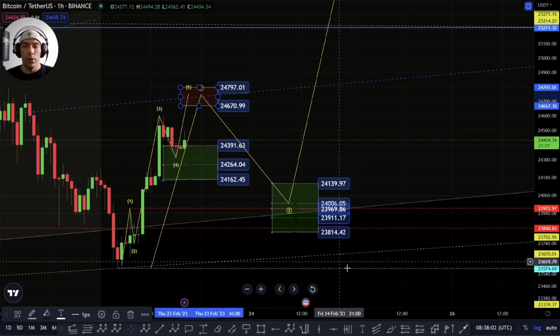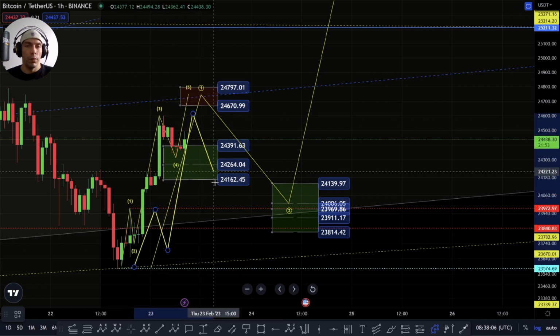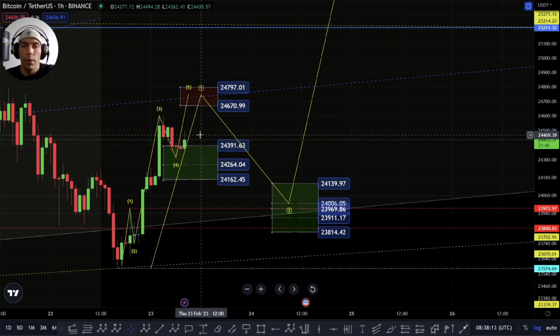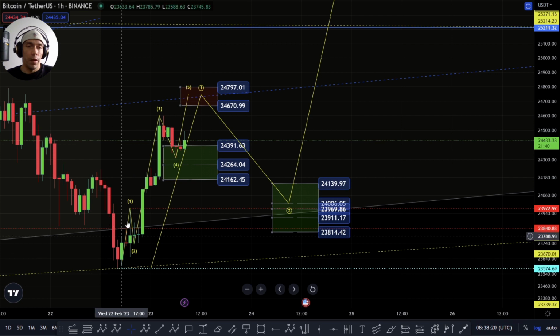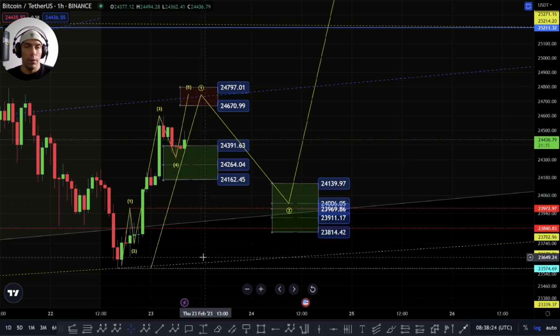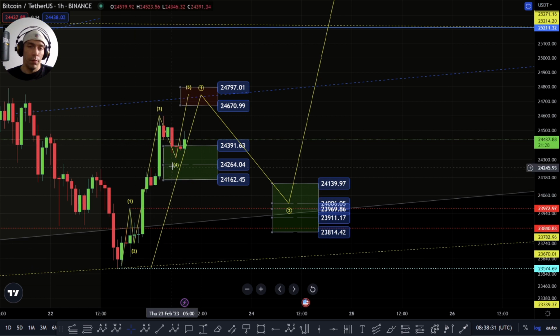Really, until we actually lose this low, it could still be something like this, where we form this as the 1, 2, 1, 2, and then we come back a little bit lower, and then we look to push up in a bigger structure. So even if this fourth wave doesn't form, it doesn't necessarily invalidate the potential for that impulsive structure to the upside. However, it becomes less likely unless we manage to hold above this point of this 23,651. We could argue that potentially this would be a fourth in here,